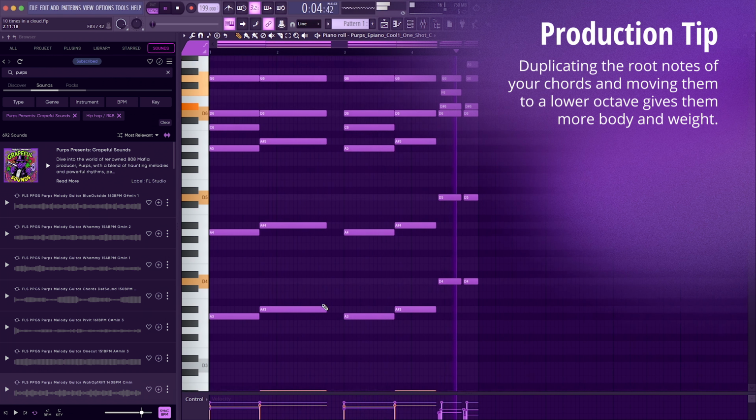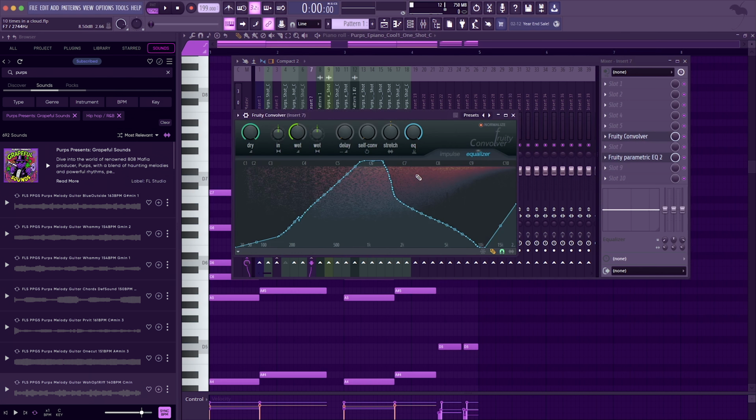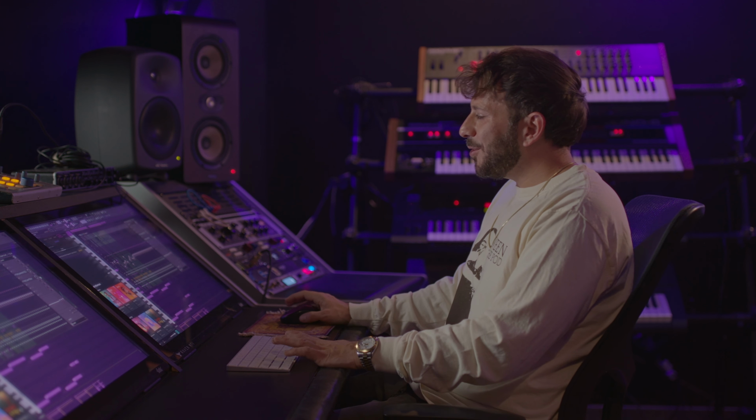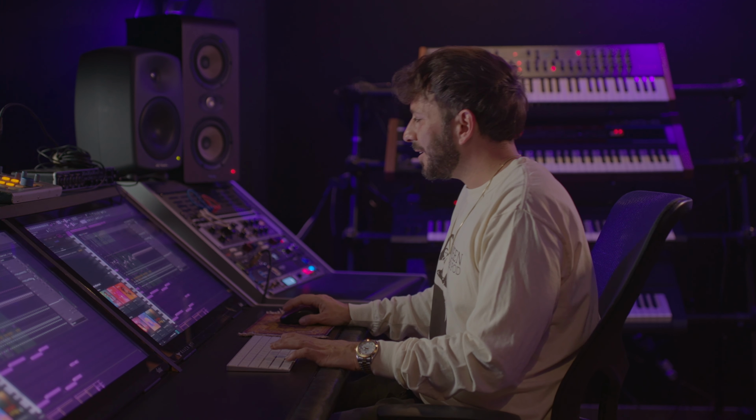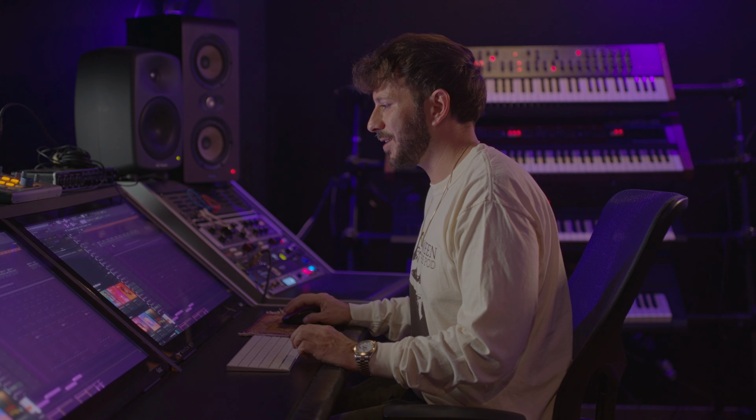It looked crazy, but it's not that crazy. It's just those things copied over here. And after that, this is where I added more texture to it. I'll actually bus some of my reverbs. So I'll take this one and bus it over to 7. And then it's got Convolver. I wanted to make it kind of drowny. I always love Love Filter, so I use Love Filter a lot. Put down the cut and then drown out the sound. And that's that.